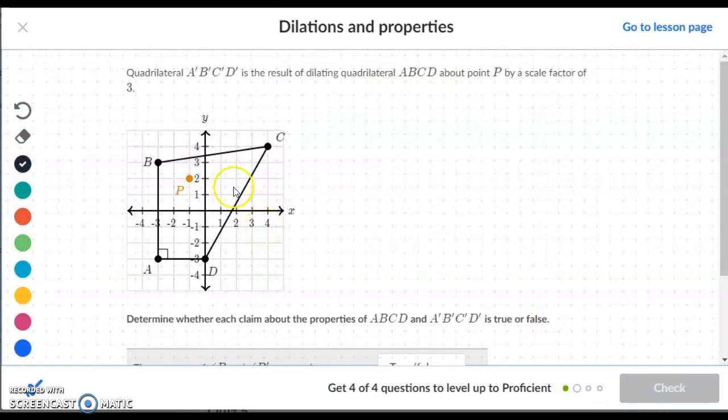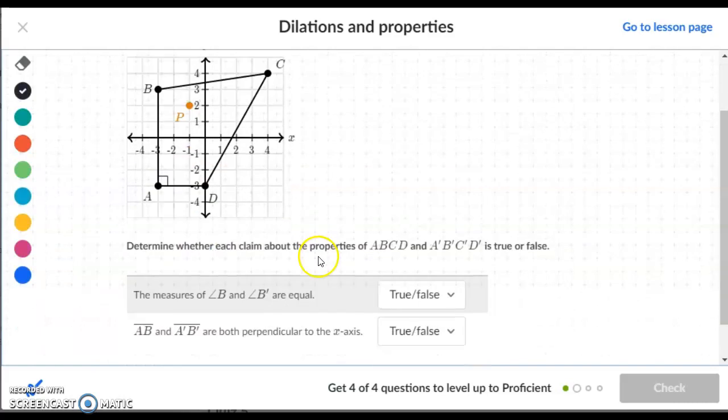So if I go to the new question, we have to move everything. The quadrilateral A prime, B prime, C prime, D prime is the result of dilating this thing by a scale factor of 3. So each one of these are going to move 3 times as far away from P as possible, as where they are right now. The measures of angle B and angle B prime are the same. That's going to be true because the new figure is just going to be a bigger version of what we have here. They will be similar figures, and similar figures have